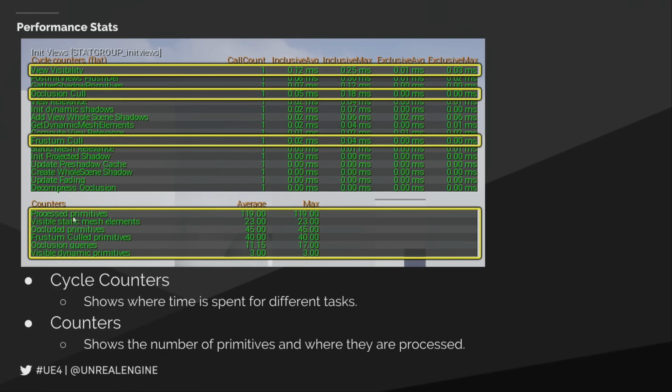Down here in the counters at the bottom, we're adding up all the primitives in the scene. Depending on how you're viewing your scene, whether it's possessing the camera or using it in a game view, or if you're just working in the editor, you have to take into account that there will be some additional counting there for the skylight or the directional light, because they are actors in the world that have an object with them, like a mesh, that needs to be counted.